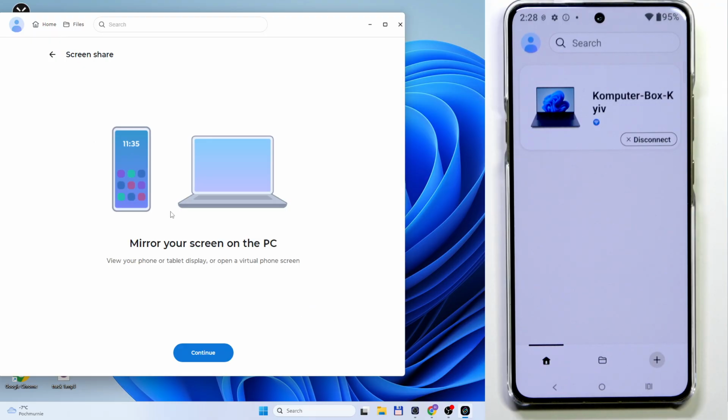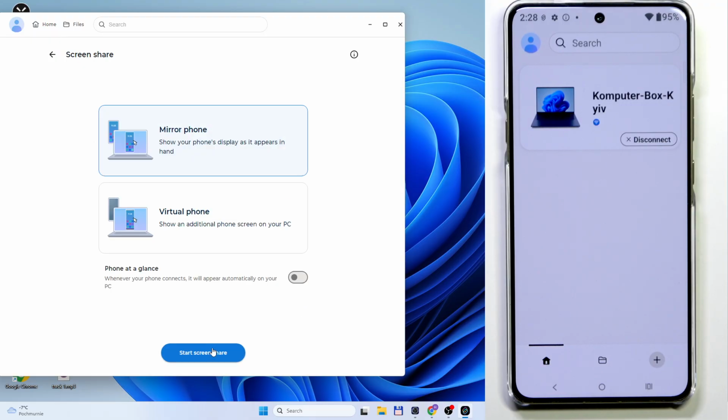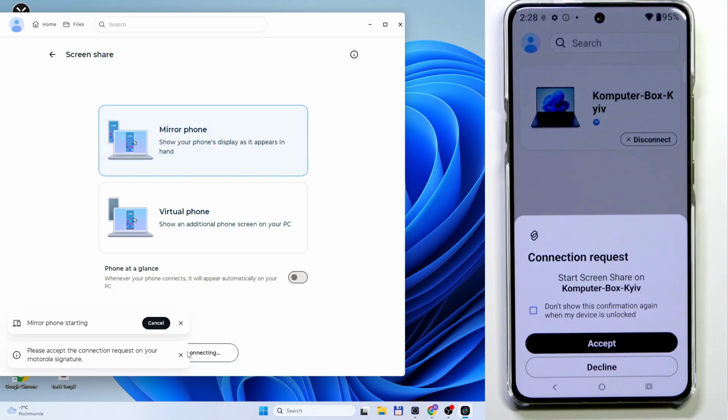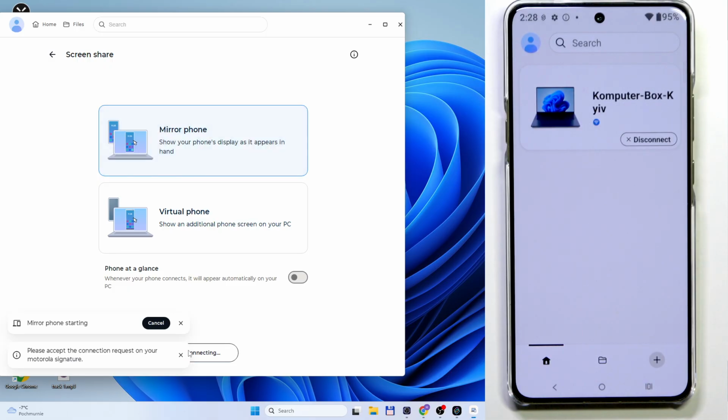We have the screen share. That's also a pretty cool thing. Let's click on Continue. And we can mirror our phone or select the virtual phone, show your phone's display as it appears in hand, or show an additional phone screen on your PC. I'll select the mirror phone, click on Start Screen Share, click on Accept on your phone, and in here